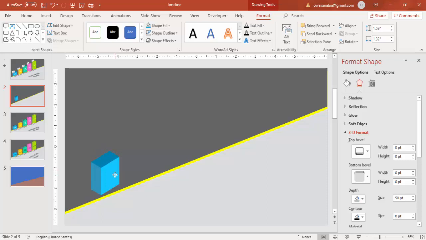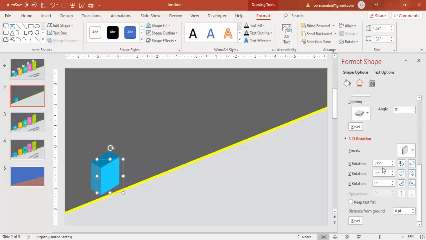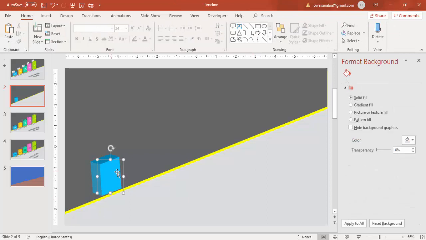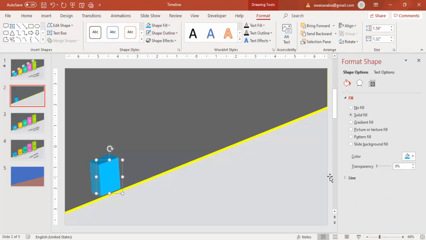and then to align it properly you go back, go down, and this X rotation you can just click, and you can see here this is coming to the position we want. Y rotation, and if you want you can use the Z rotation also. I'm just going to keep it like this and turn it a little bit more. So this is perfect,